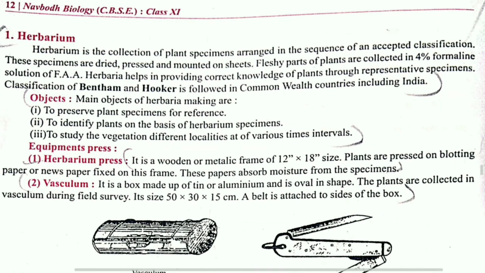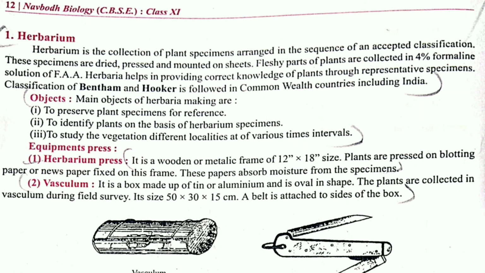What is a herbarium? A herbarium is generally, children, a plant specimen arrangement. By the name itself it is clear, and here the plant's leaves are dried up along with the flower, and it is either pressed or directly mounted on the sheet with the help of certain chemicals so that it can be preserved for a longer time. If you are not adding the chemicals, what will happen? Fungal infection may occur and the leaf will decompose automatically.